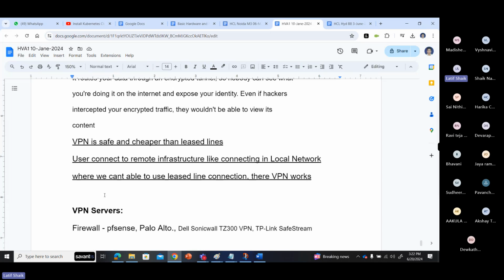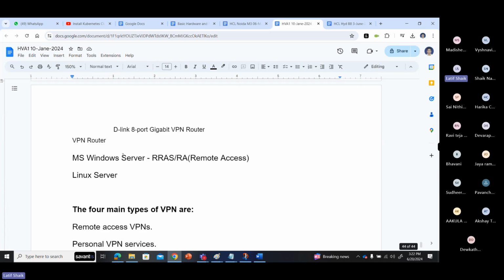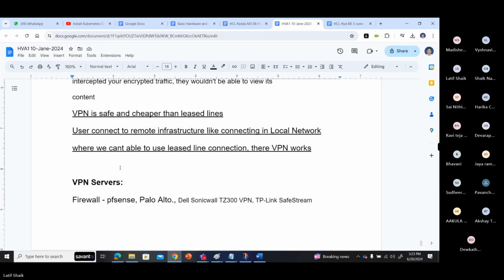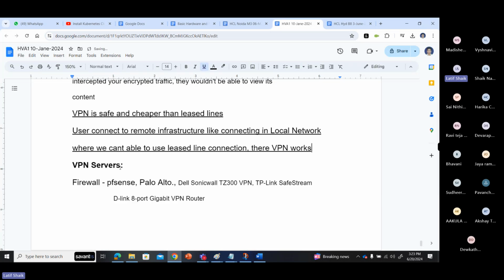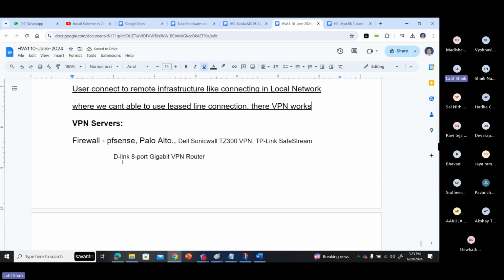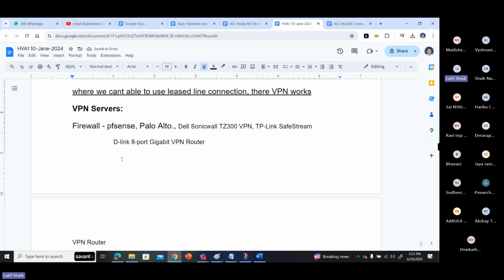Different VPN servers are also there. These are the different VPN servers. pfSense is a firewall. Palo Alto, SonicWall, TP-Link, SafeStream. These are firewalls.